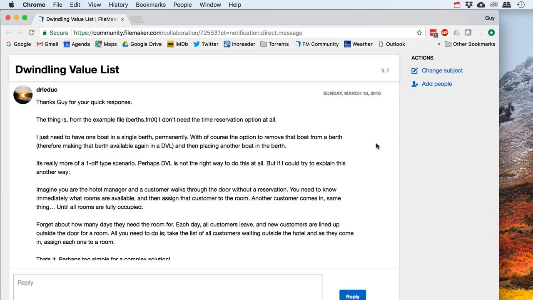So if you have a list of, let's say, people that you want to assign to a job, every time you assign a person to a job, that person does not show up in that drop-down anymore because this person has already been added to that job. That is a dwindling value list. It's a little bit tricky to set up, but the question that this person had to do with berths